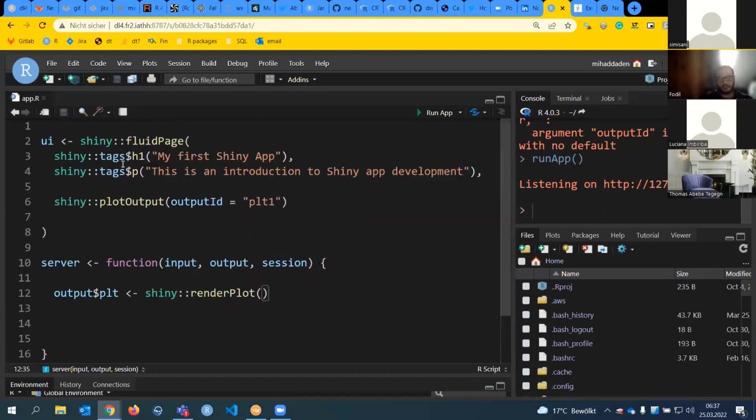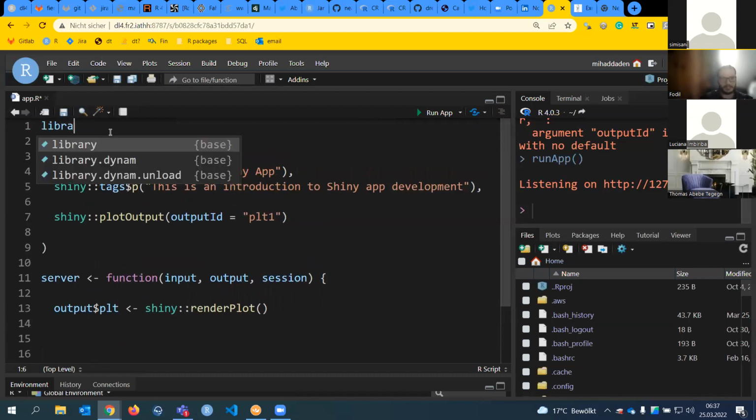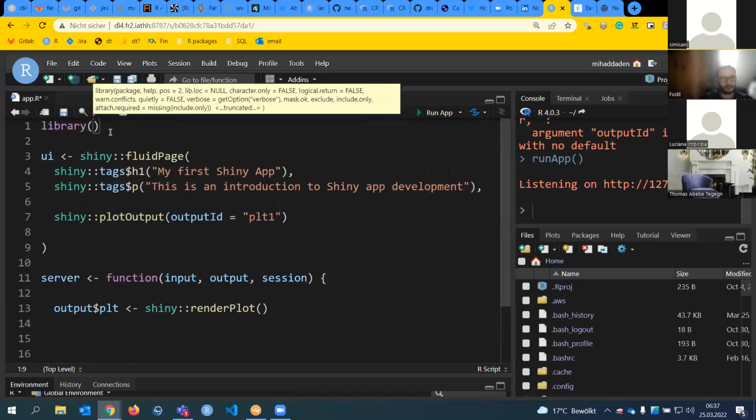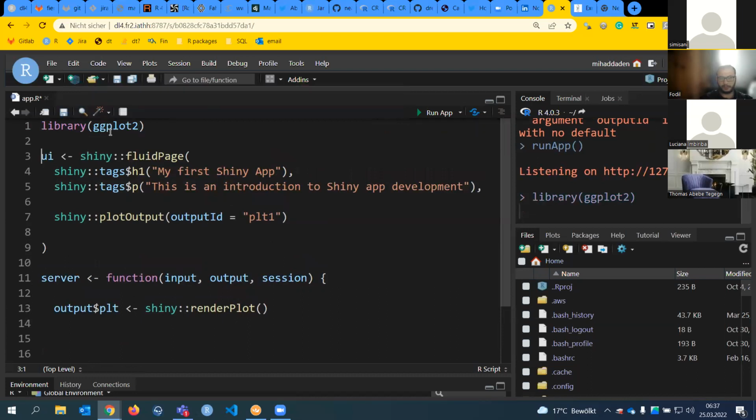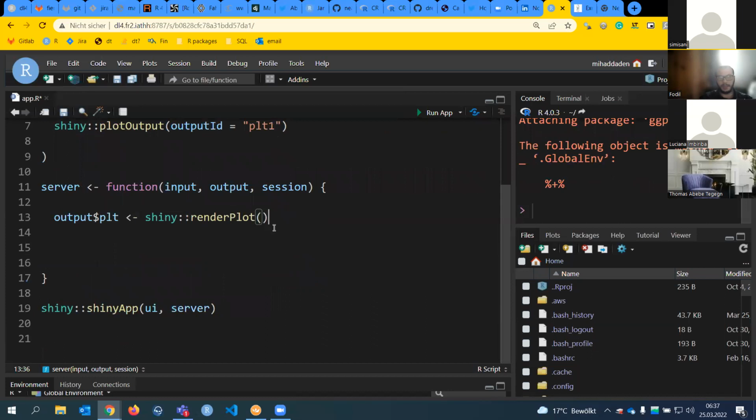Let's do it in ggplot because I quite like ggplot, to be honest. I'm a noob in base R plot. I don't know how to plot base R plots. So I'll do it in ggplot2. I will load the library. It's perfect. So now here I can just do